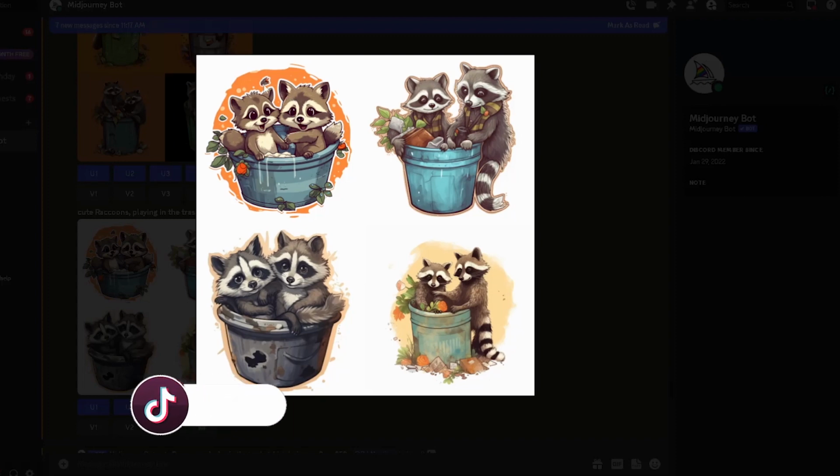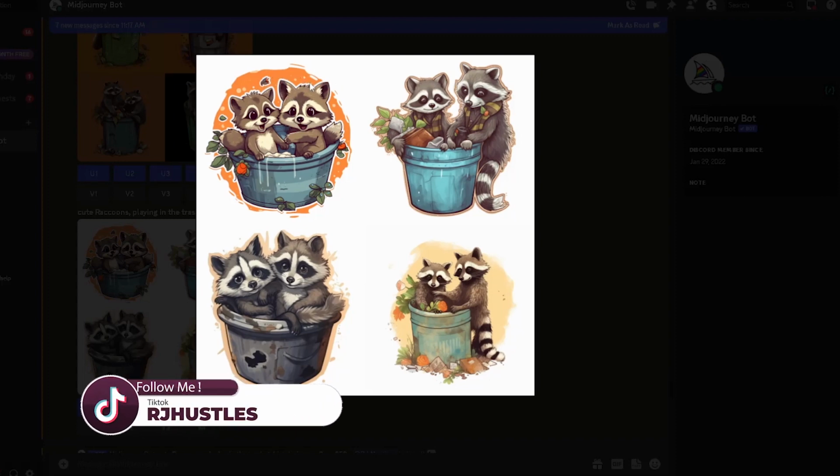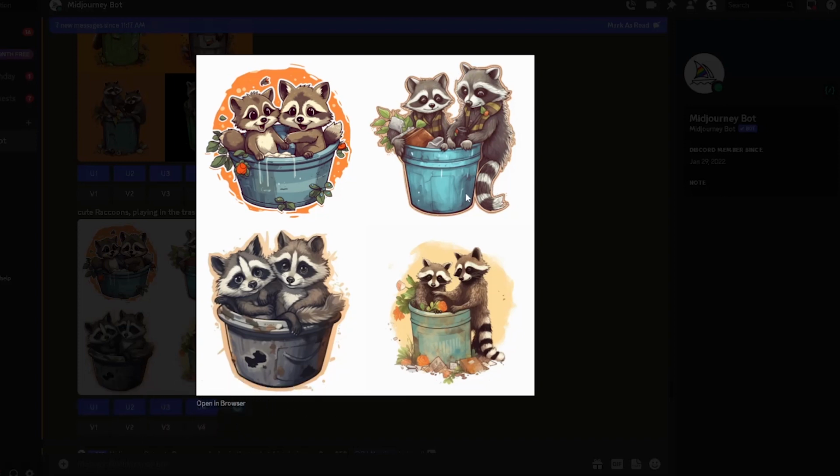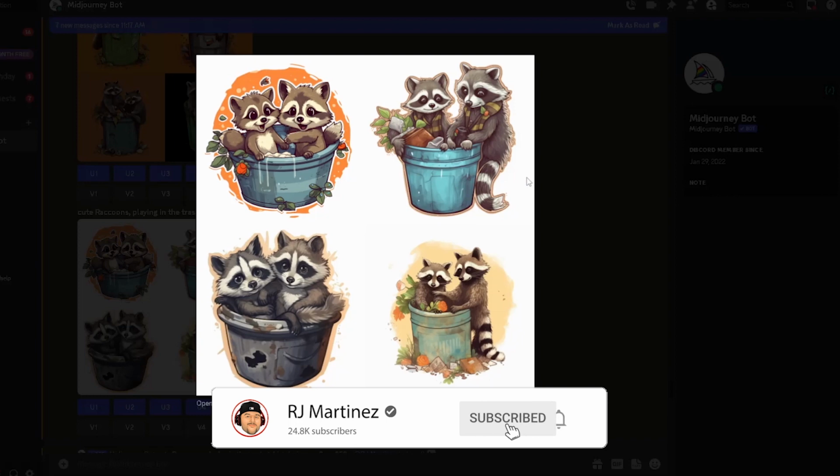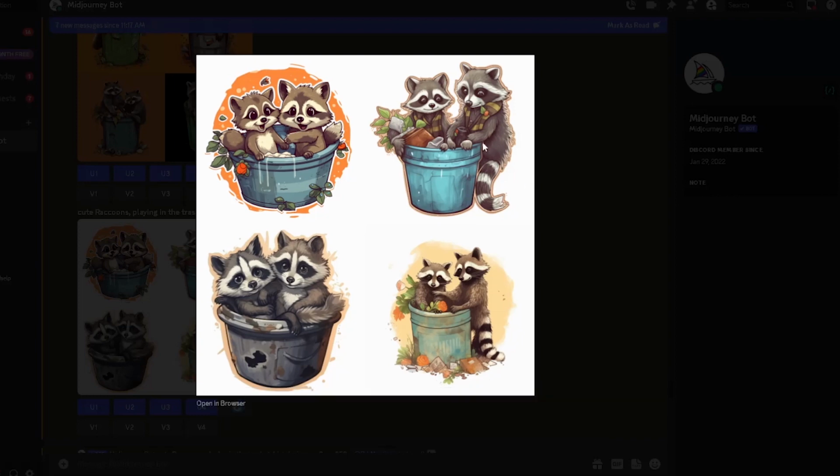If you put sticker, you're going to have a little bit more of a background. If you look at that one right there, it has more of an outline to it for a sticker, which is really cool because you can use that just like that on a t-shirt if you like, but it's up to you how you want to do your designs. On Redbubble, these will work really well for stickers. On Amazon Merch, these will work well as t-shirt designs or any products like that.